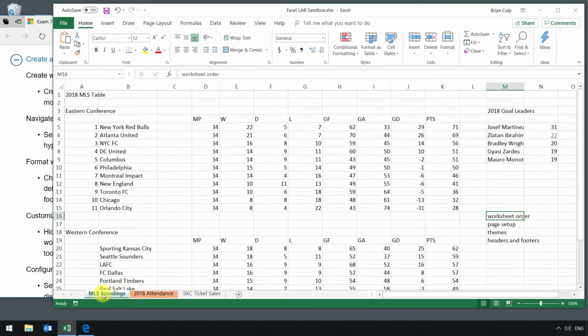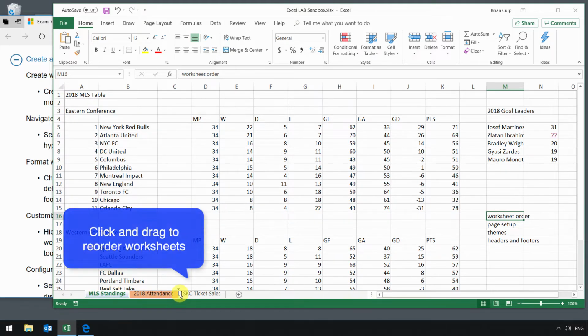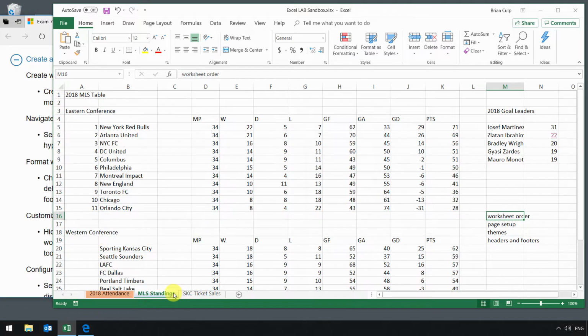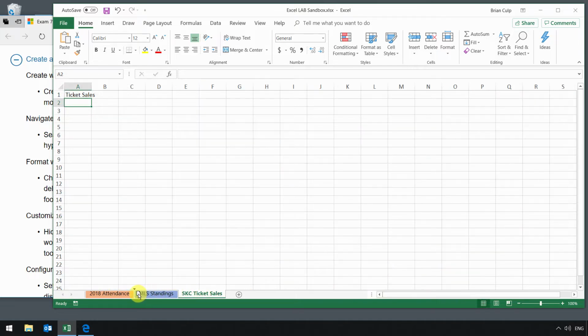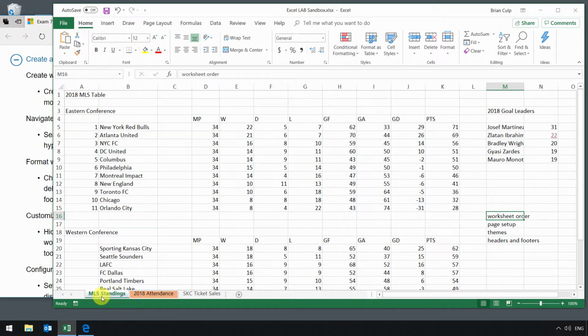Very straightforward to do. All we have to do is click and drag. If we click and drag, notice that we have this little down arrow. It's very small, but it's very easy to rearrange the sheets in our workbook. Click and drag, and when we let go, we have just defined a new sequence for our worksheets in our workbook. Now, I'll use that very same technique to rearrange things the way they were before, and let's go to